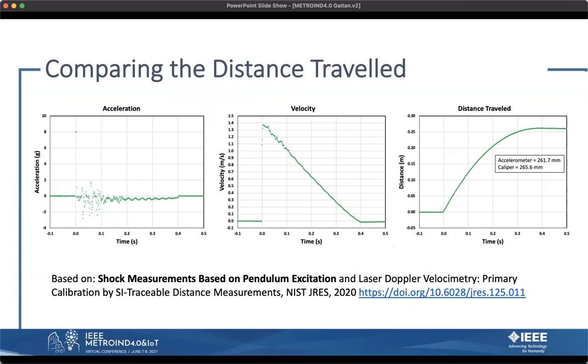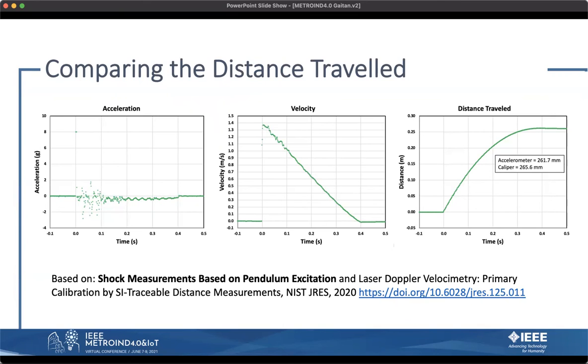So what we're showing on the left then is the data that's coming off of the accelerometer. And then we can take that data and integrate it to get a velocity. And then the velocity can be integrated once more to measure the distance traveled. And so on that right side, in the box that's in the graph,